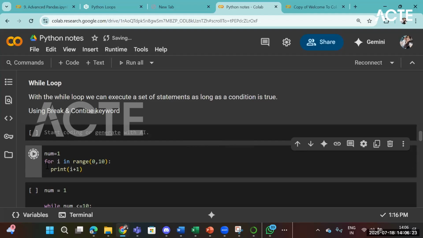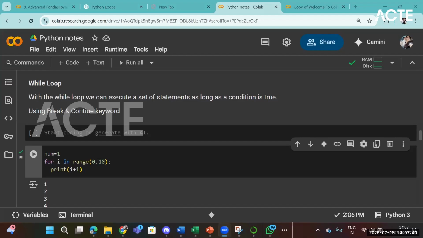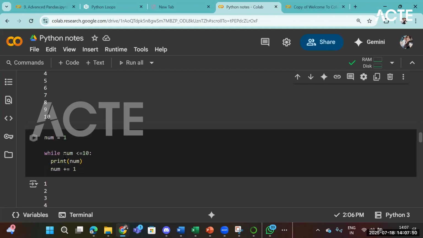Right, if I run this, here I'm putting the range. I'm using range values over here. But in a while loop, instead of a range, I put a